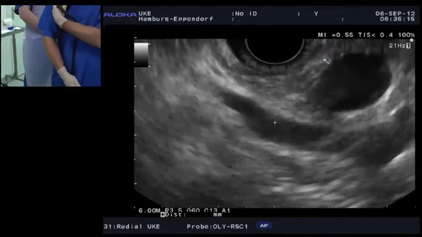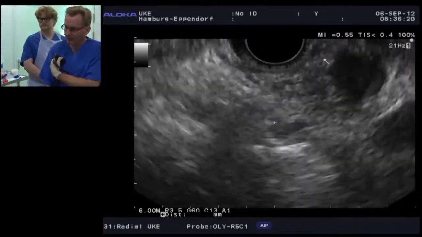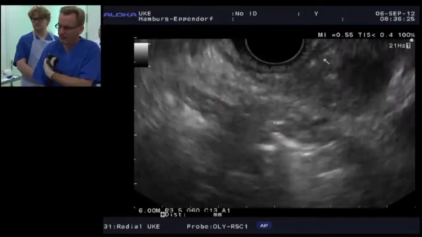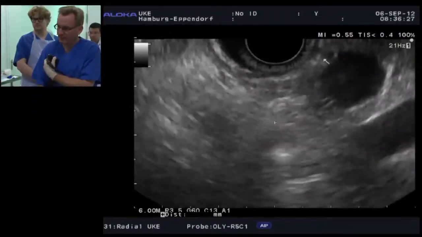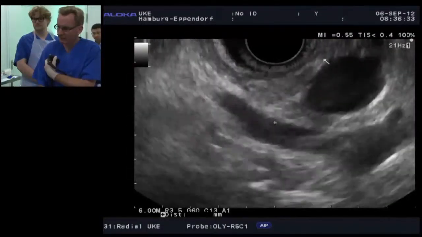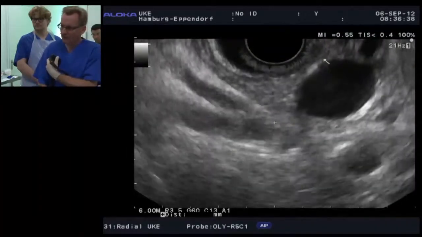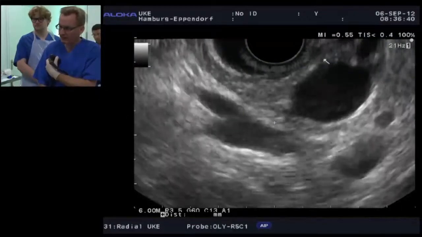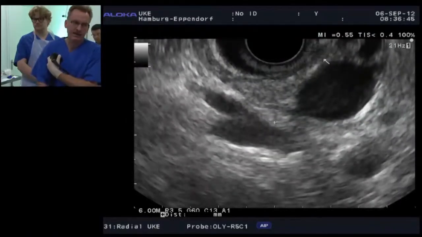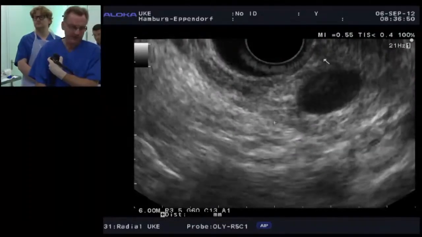And the next step is to exclude some nodules here, because if we have a solid structure, it may be a kind of malignant tumor. But here you can see this absolutely clear lesion, no solid areas. You see no nodules. We have less than 3 centimeters. We have a communication to a side branch duct of the pancreas. So in my conclusion, it's a branch duct type IPMN without signs of malignancy, and the lady is more than